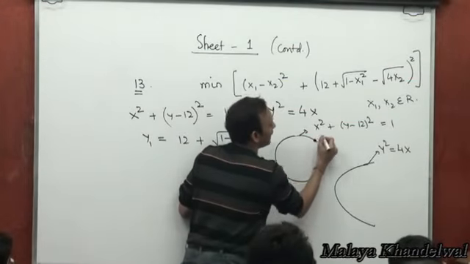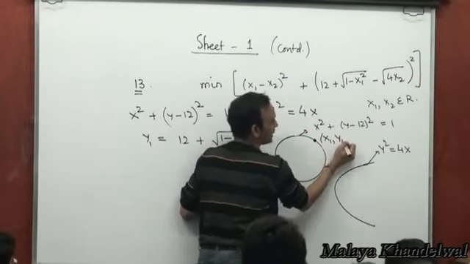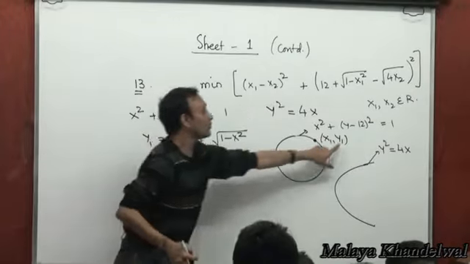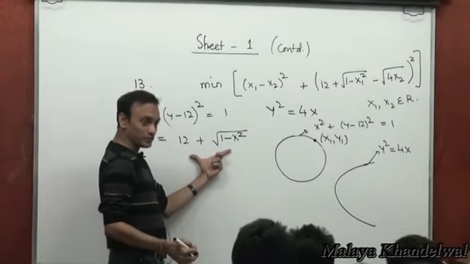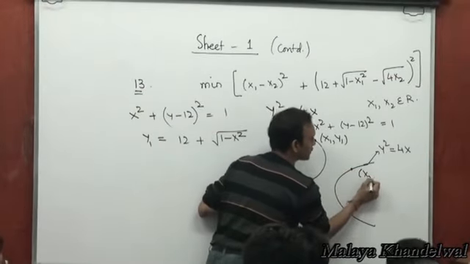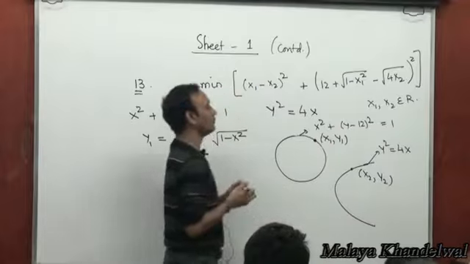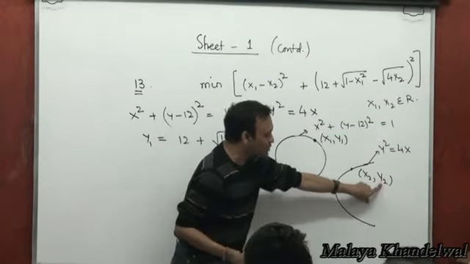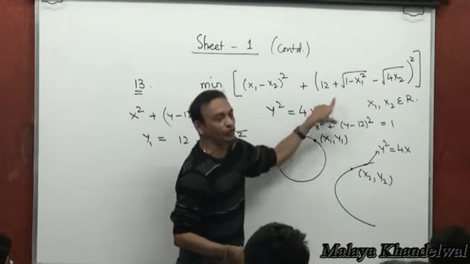If you take any x1, y1 on the circle, where y1 would be this, and if you took x2, y2, any point on the parabola where the y2 for any given x2 would be root 4x2,